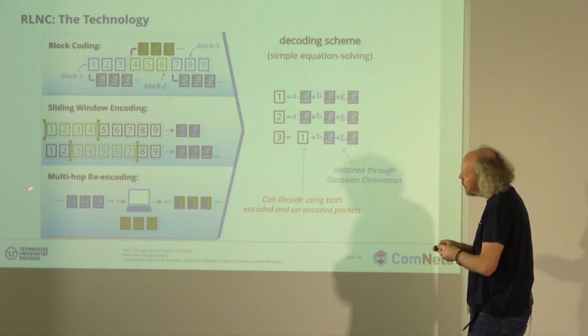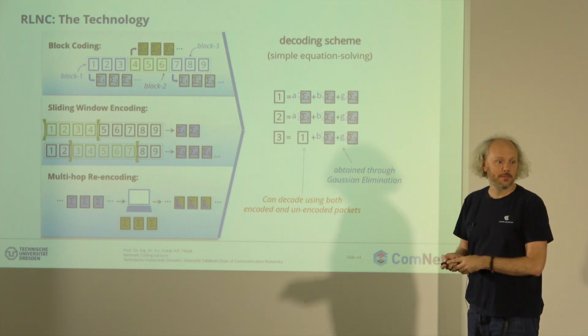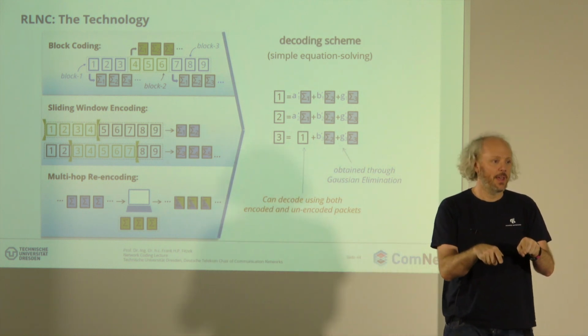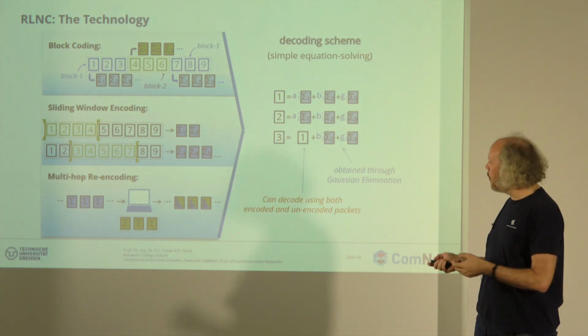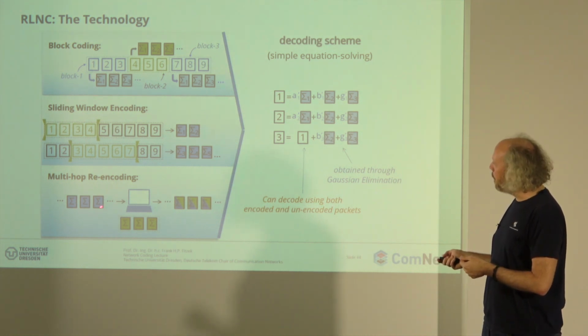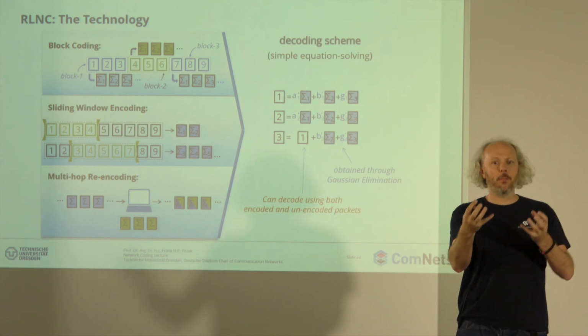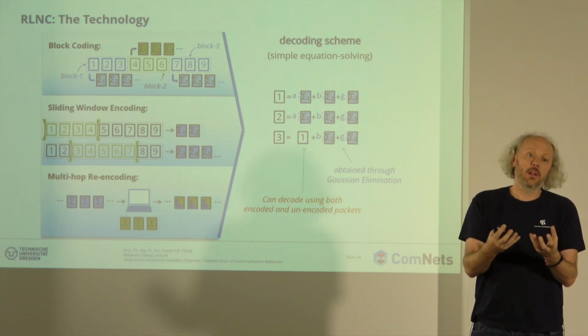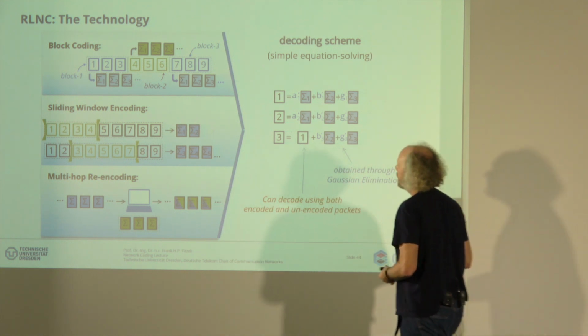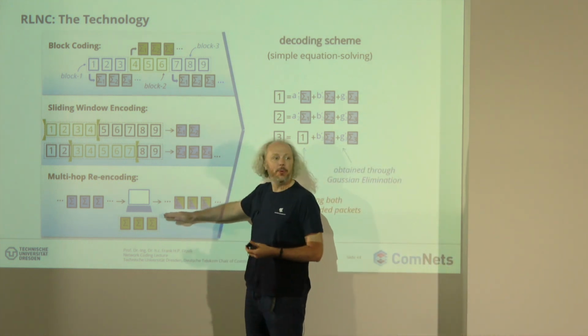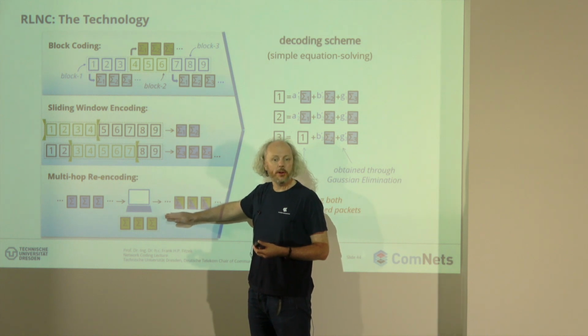The other thing that a network code can do, it can recode exactly what we wanted to have in the comic strip. So not only that we can work on all the packets, but even with a subset of packets that have been already coded or partially coded, we can recode this. So there's the property of recoding, and we will tell about why this is important.